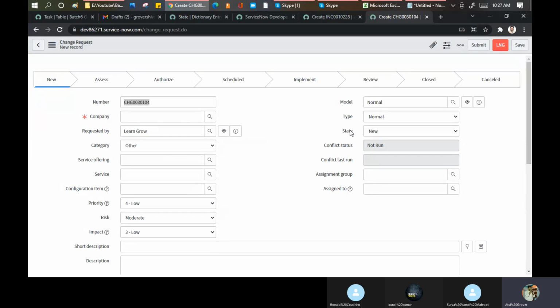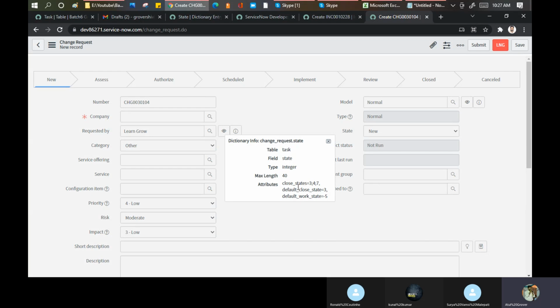Here's the state. Now check state. See, it is again coming from the task. Close states 3, 4, 7, default close state 3, state 5. See, -5, it is not 5, it is -5.